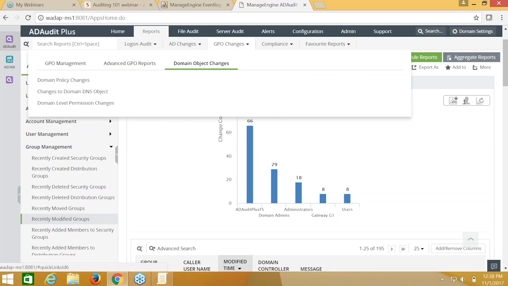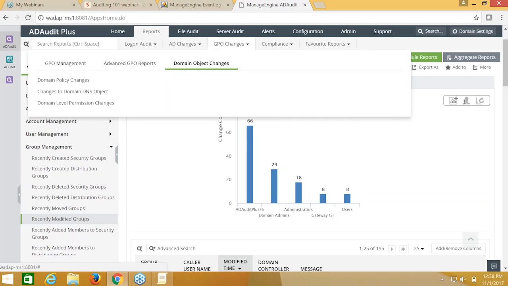All this is predefined, meaning as soon as you configure your domain controller and configure logging on it, AD Audit Plus will collect all these events in real time and generate these reports that you can access. Any information that you need can easily be pulled out for a particular time frame, and you can export the report as a PDF or a CSV for your auditors.